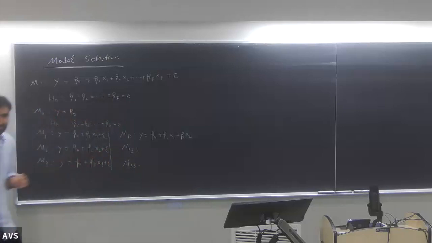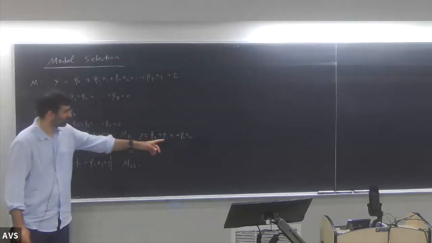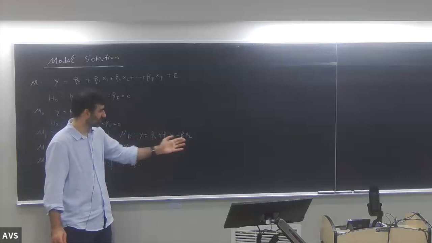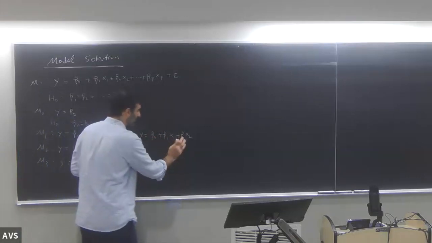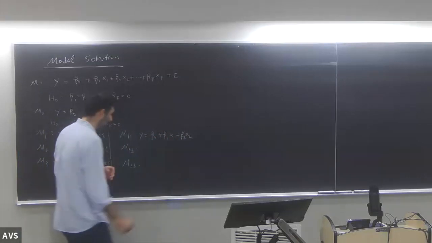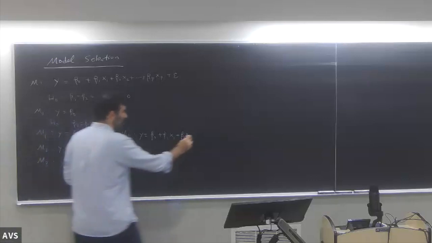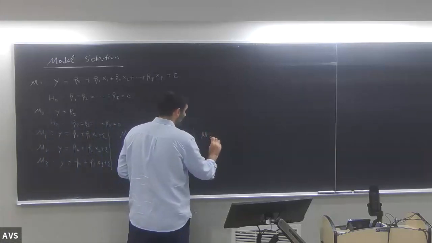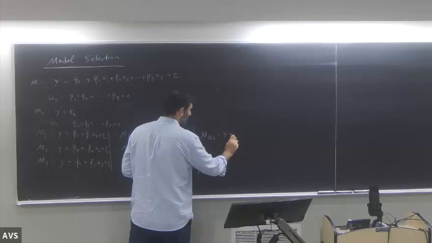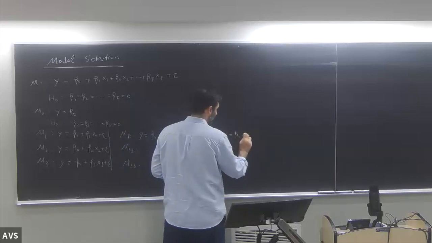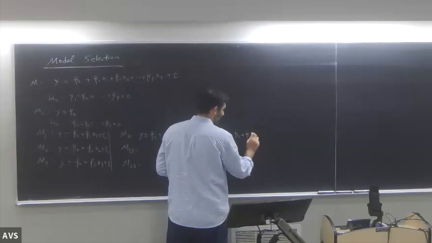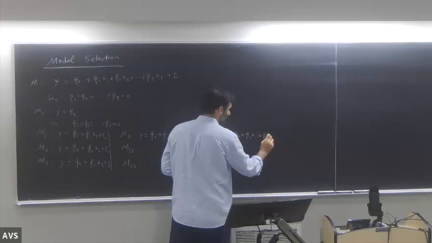You can imagine what these are, right? And then we'll have a model with x1, x2, x3, which contains all of these: beta 0 plus beta 1 x1 plus beta 2 x2 plus